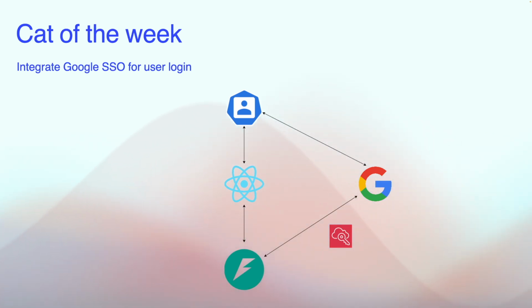And the user also interacts with his Google profile, and Google provides single sign-on authentication to the FastAPI. So we also have interaction between FastAPI and Google. Okay, so this is the main logic. I will continue with how we can create and make the settings in the Google platform, and after that how we can implement the code.